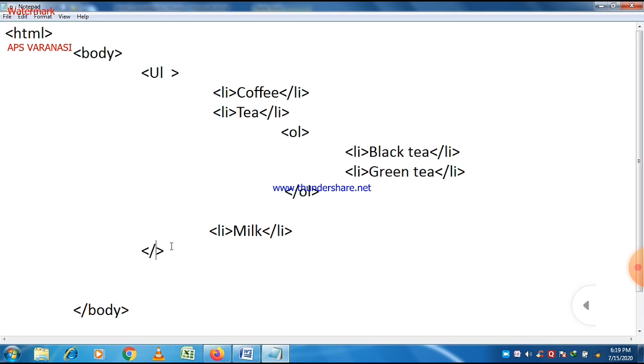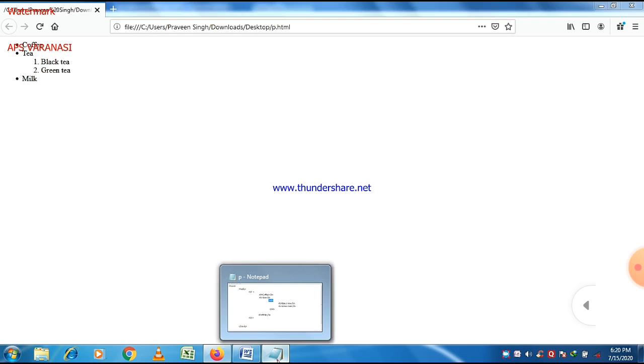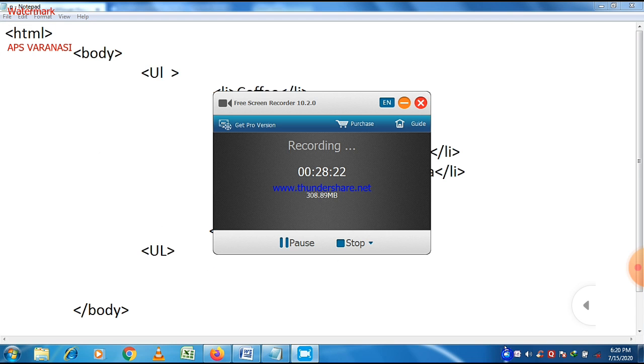So let us take a quick implementation of the UL tag. Just write UL in place of OL. Let us check what happens. It will be discussed in our next lecture, but let us take a brief introduction of this topic. Just write UL in place of OL, and what happens? Just refresh the web page. Okay, you can easily see that a solid circle, or we can say a disk, appears there in place of number. So that is the role of UL or unordered list. There is no numbering here in unordered list.